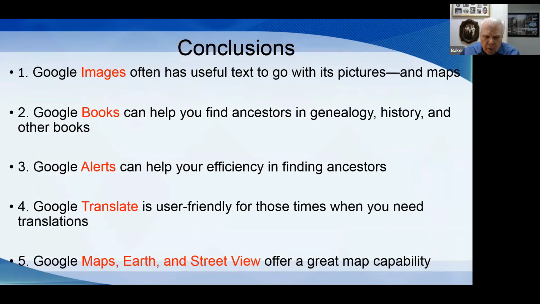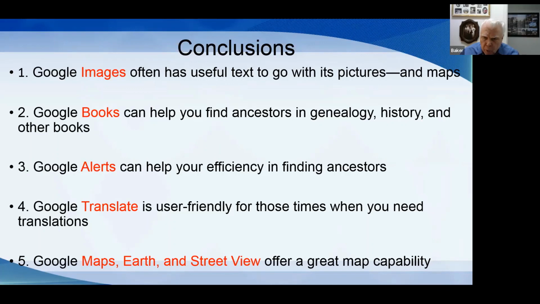We have come almost to the end. We talked about what we wanted to, the images, these different apps. We had different examples of images, pictures, maps. We did the book story. We found people in those books. And each time we do, we get into a different subordinate type of a search engine.